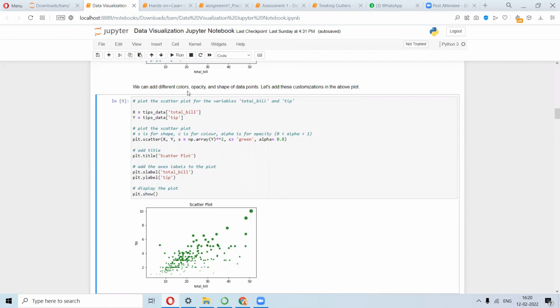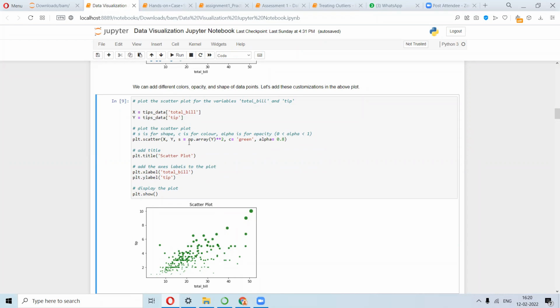So now here we can see that we can play with the colors, opacity, and shape of the data points. It's again total bill versus tip, but here we are going to improve our plot visualization experience using a few of these things. So what we did here is s is for shape.